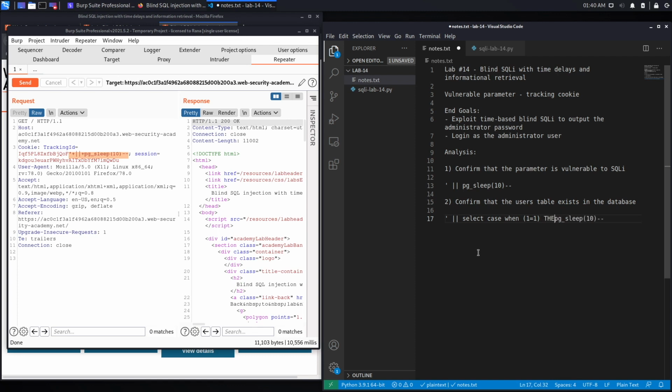Then PG sleep 10 seconds, else we'll say PG sleep -1. So if you use a negative number, it just won't cause a delay at all. So when the use case is true, I want it to sleep 10 seconds, otherwise don't sleep at all. And because this is a subquery, we're going to have to put it into curly brackets, and this should work